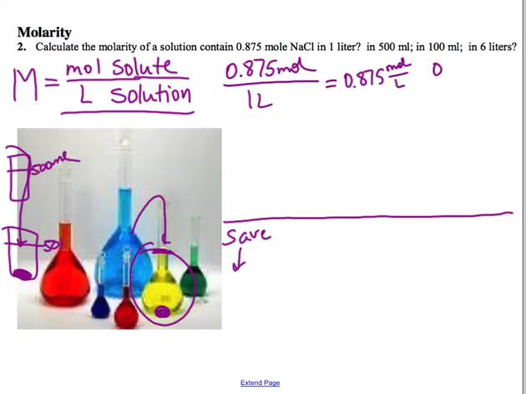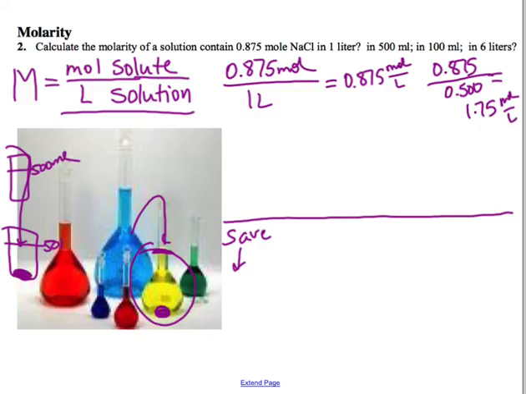Now, if we have 500 mils, we're putting the same number of moles in less volume. What is 500 mils in liters? 0.500. So are we going to get more or less concentrated? We cut down on the solvent. More concentrated. So it's actually going to double that value, isn't it? And what is the value to 3 sig figs? 1.75